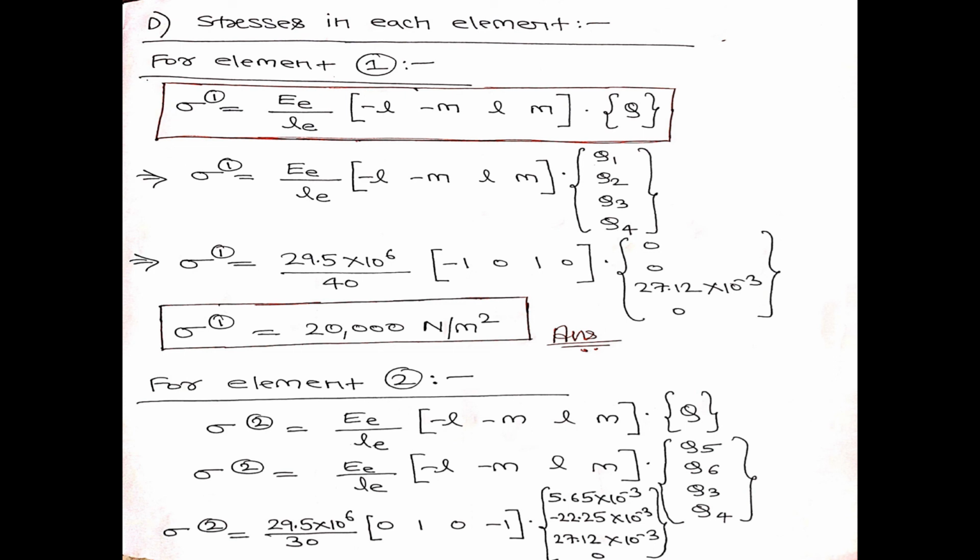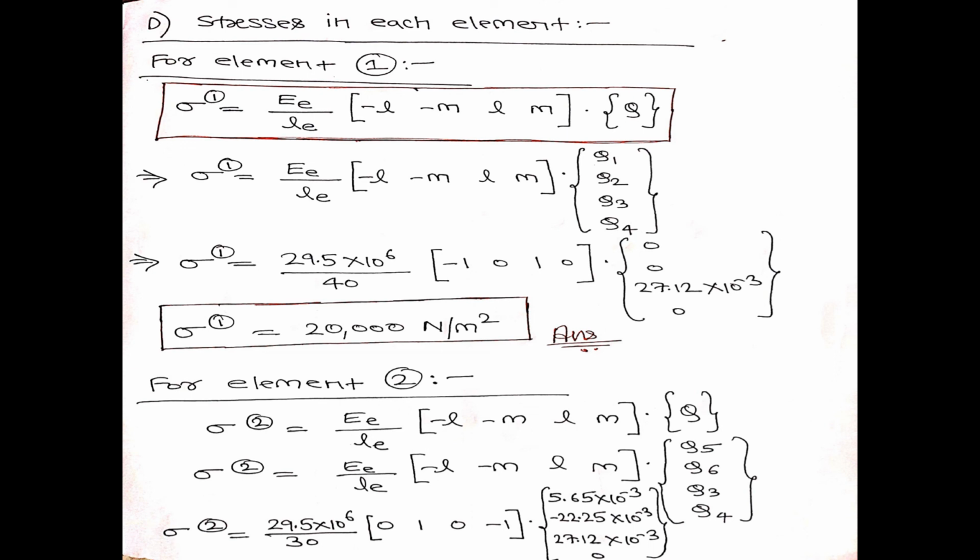No, sir. Okay. So similarly, in the same manner, we can find out the elemental stress for the remaining elements. So for one more element, I will show you. For second element, the matrix equation for finding out the stress is the same. That is E suffix small e by L suffix small e minus L minus M L M into Q matrix. Capital E suffix small e is same for all the truss members, that is 29.5 into 10 to the power